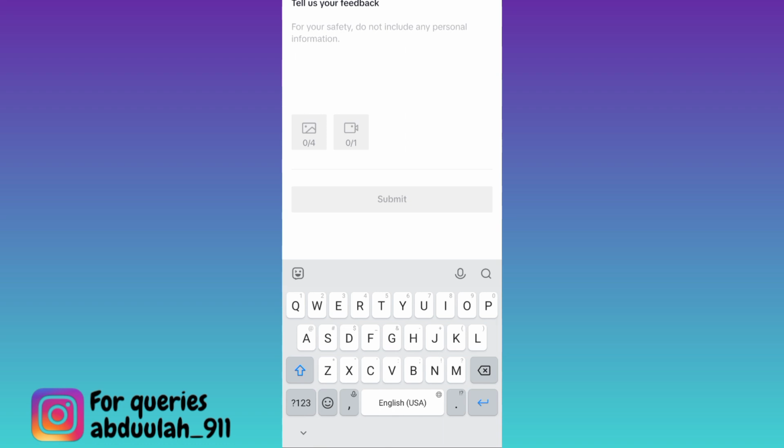Now in this box you need to briefly state the issue that you are facing. Basically you have to request Team TikTok to recover your deleted videos. Once you have done that, tap on the submit option, and after you click on submit, within the next 24 hours your deleted videos on TikTok will be